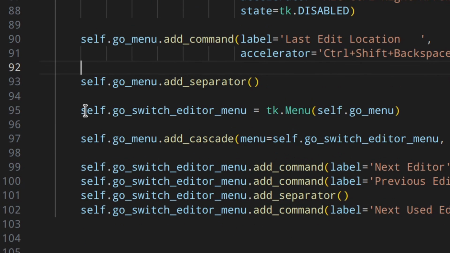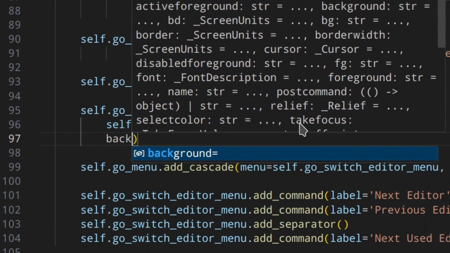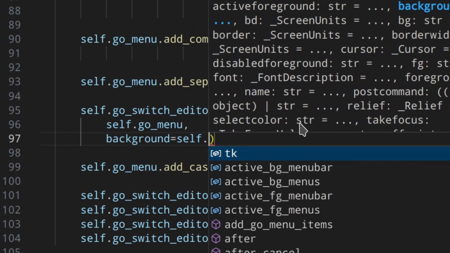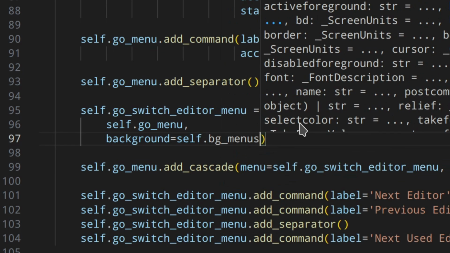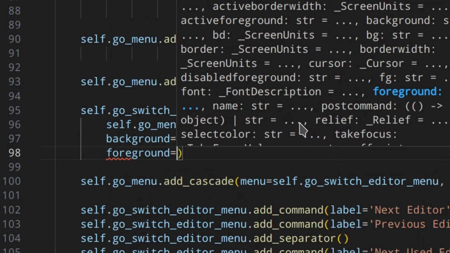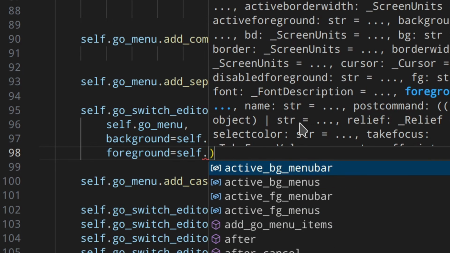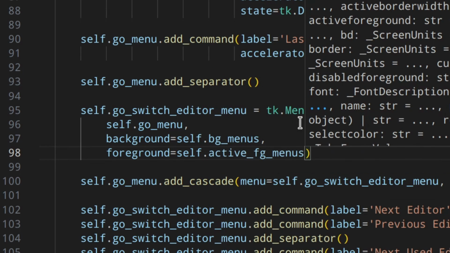You could do something like this in the TK menu: go switch editor menu, and then background is going to be self.background_menus, then foreground. This is sort of the same as the other menus because of course we are trying to keep everything standard.